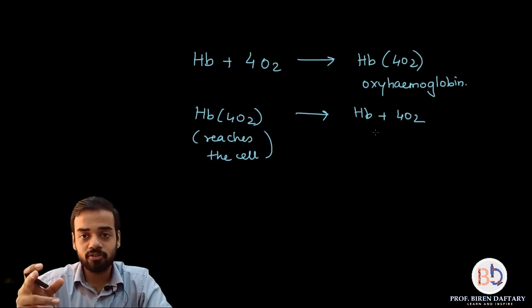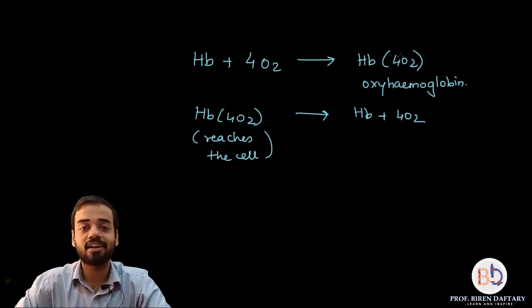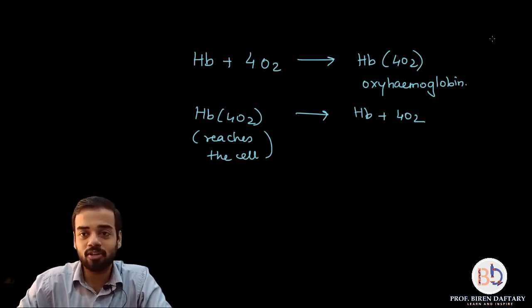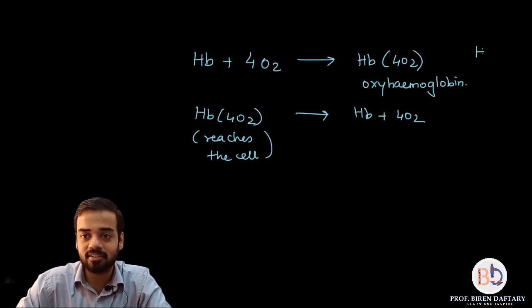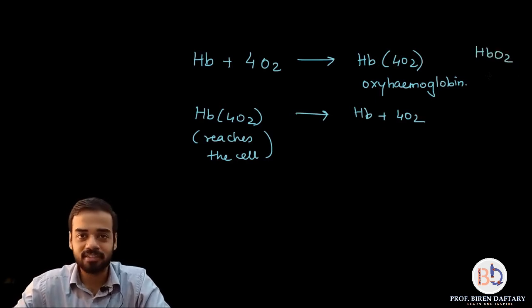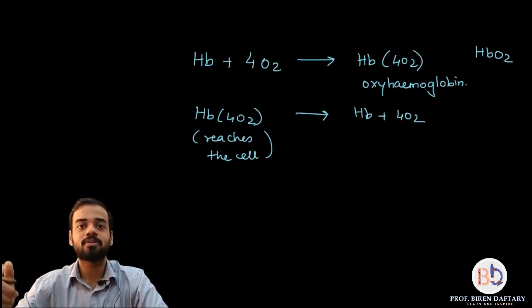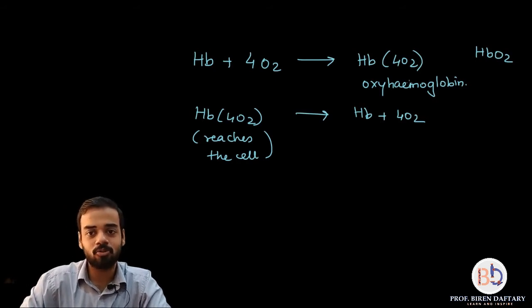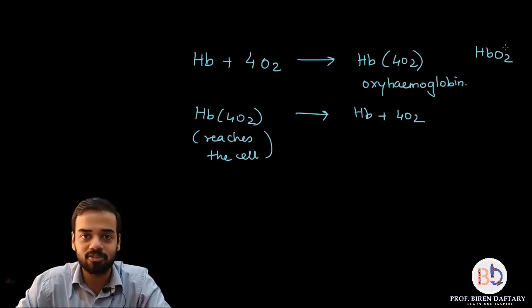Now one thing I want to state is that while writing oxyhemoglobin, normally we don't write it like Hb4O2. Normally the term for writing oxyhemoglobin is HbO2. So you can write oxyhemoglobin as HbO2 also. Please remember that, because in the latter parts of this lecture I am not going to write oxyhemoglobin like this. You can also write it as HbO2. Is this clear?